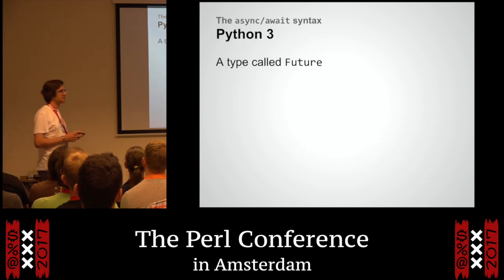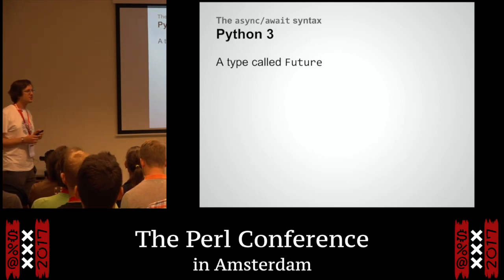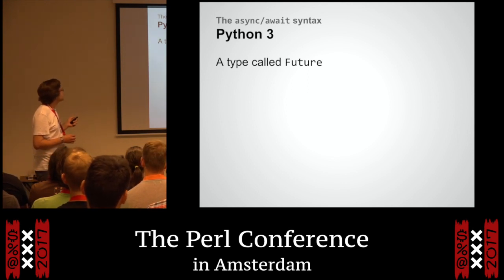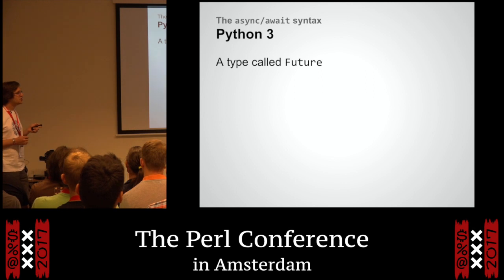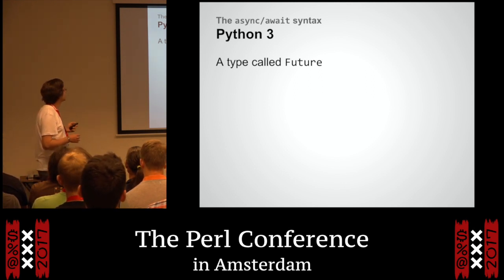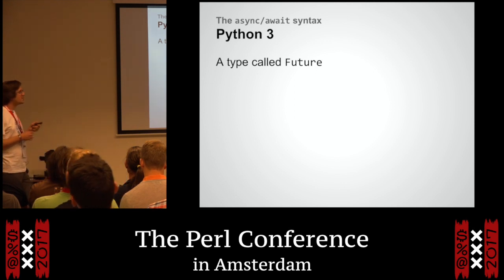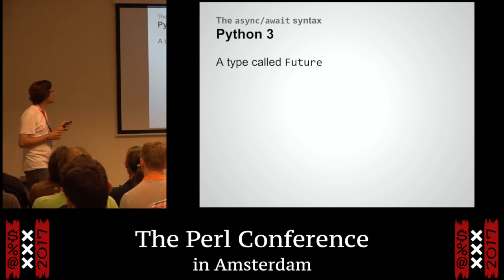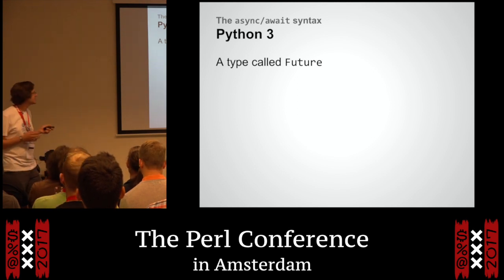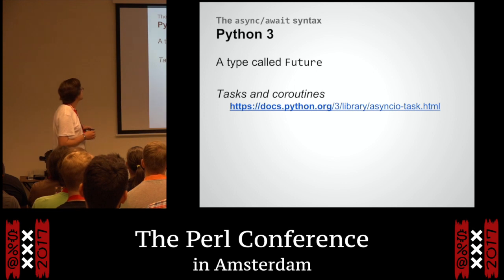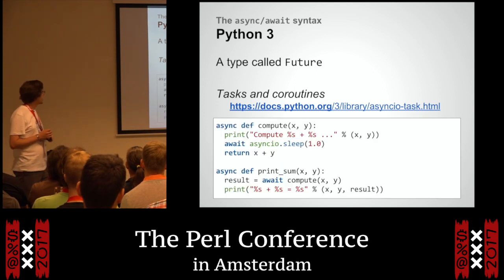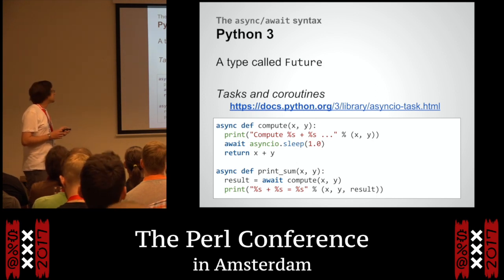Then we go to Python 3. Python 3 has a type that's named the right thing. They called it Future. It's bizarre actually. A lot of the Python 3 asyncio stuff looks very similar to my async. A lot of the method names are very similar. I think somebody may have got some inspiration from multiple places, partly mine, and because the naming is all really similar. So anyway, they have this thing called a future, and again from their documentation on a page called tasks and coroutines, they actually have these two functions, but never mind.